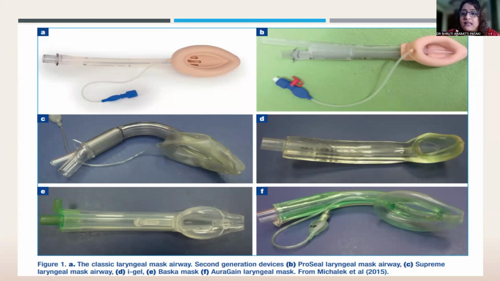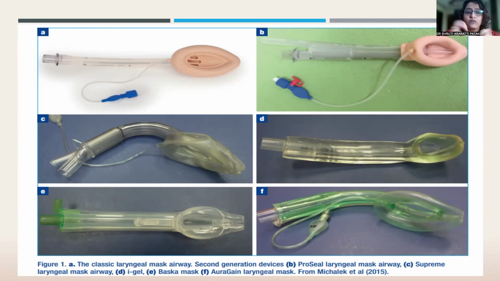We need to understand there are 2 kinds of pressures when we're talking about the LMA. There is a cuff pressure and there's a seal pressure. What is the cuff pressure? The cuff pressure is the pressure the cuff generates around the perilaryngeal structures when inflated. When you inflate a full volume of the laryngeal mask, as recommended by that particular device, say 15 to 20 cc of air in a size 4, adult size LMA, whichever you're using, approximately 15 to 20 cc's of air needs to be inflated.